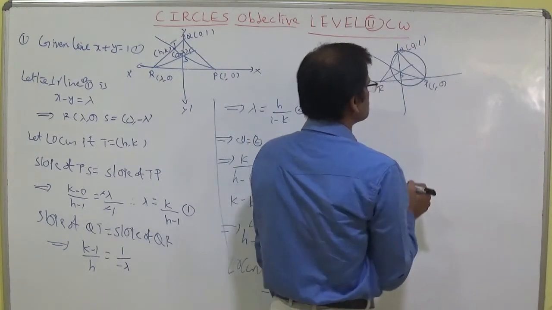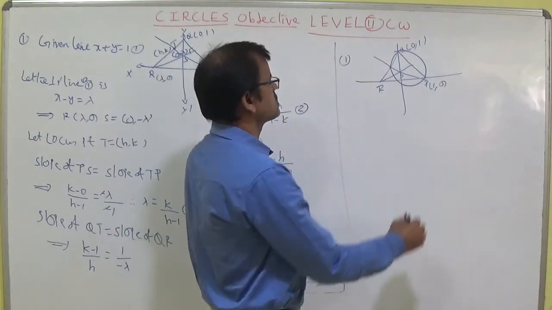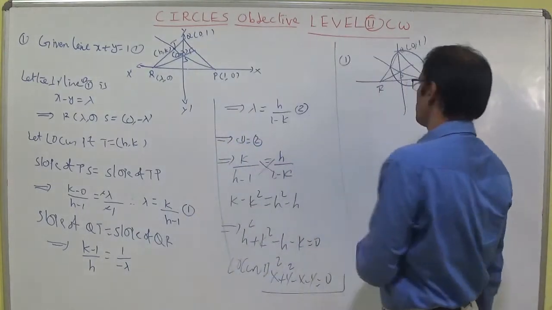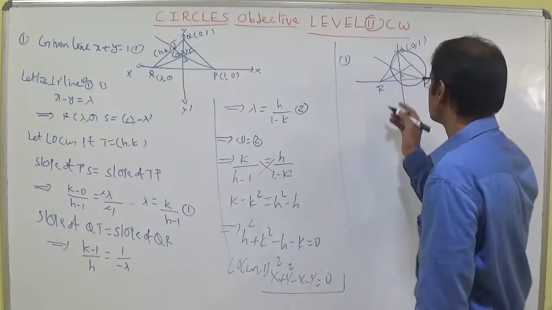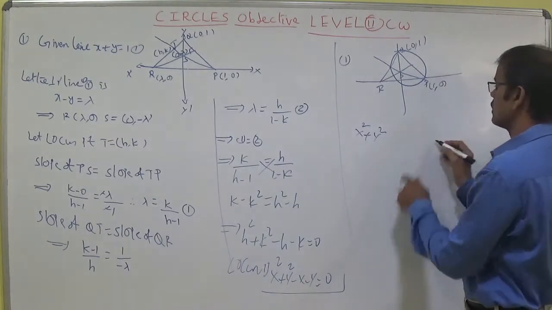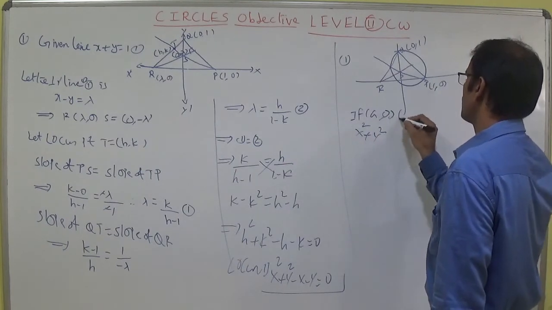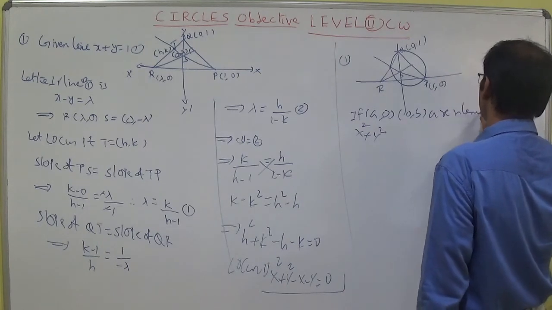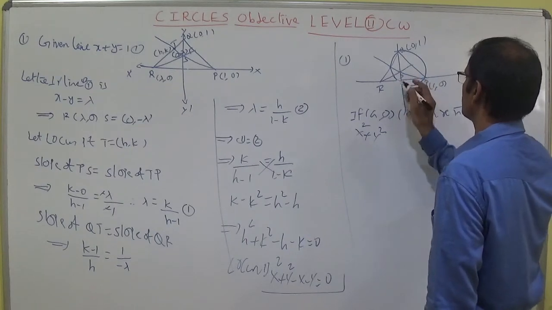So we can substitute the values (1, 0) and (0, 1) in the given options. Otherwise, take the equation of a circle with endpoints of diameter, using the formula (x minus x1)(x minus x2) plus (y minus y1)(y minus y2), and substitute here. Otherwise, use the formula if intercepts are there. If (a, 0) and (0, b) are intercepts of a line, the circle should pass through (0, 0) also.